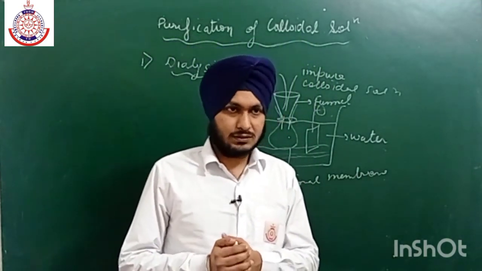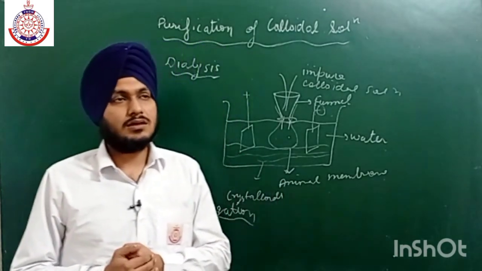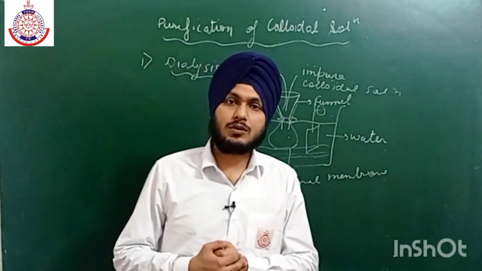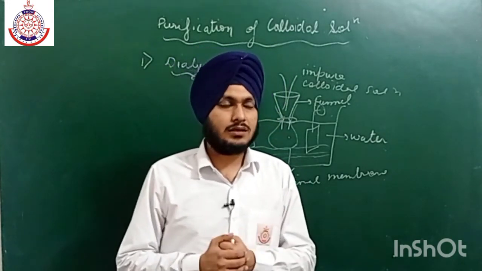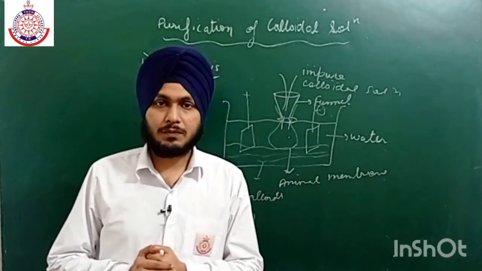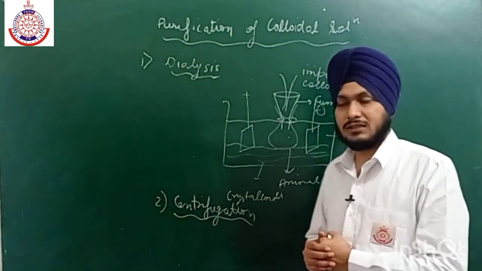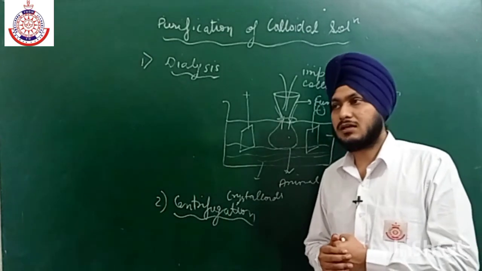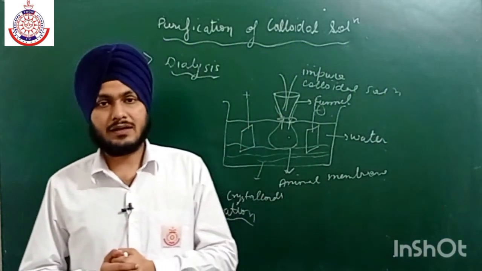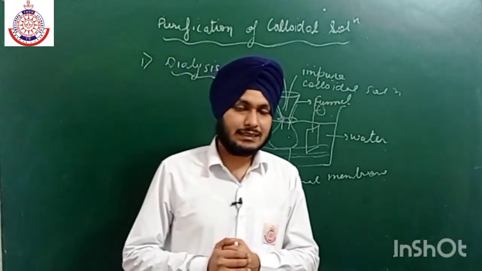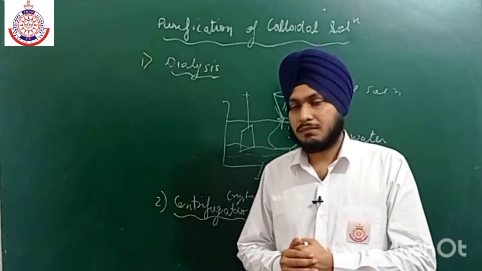This is actually a method to coagulate. In this method the colloidal solution changes into coagulates. Coagulates means you can say precipitate. तो बड़े सारे एग्रीगेट्स बन जाते हैं of colloidal solution, and the crystalloids, as we all know, the particle size of crystalloids is very small, so they will not coagulate and they will remain in the solution, and we can easily separate crystalloids from colloids by centrifugation.